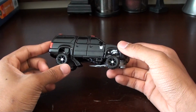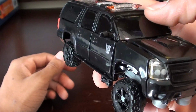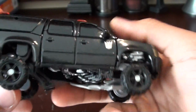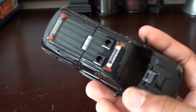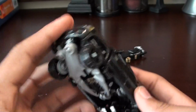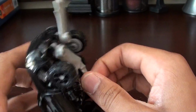So here he is. Crankcase is a nice black SUV. I like the clear headlights with the white paint on the front, and the nice Autobot, Decepticon logo there. Of course, all my Transformers have added custom paint apps, because I simply hate the paint jobs that Hasbro gives their toys. You can see these nice claws in the front. They're rubbery plastic so the kids don't hurt themselves. You flip them forward, and you can...